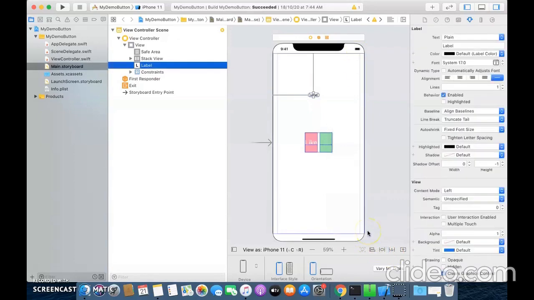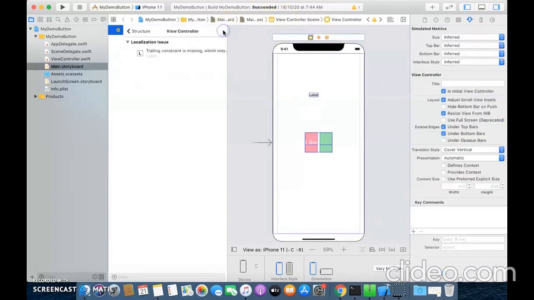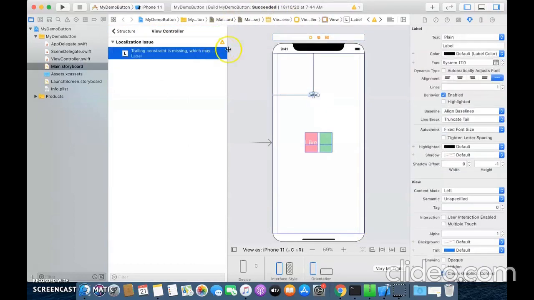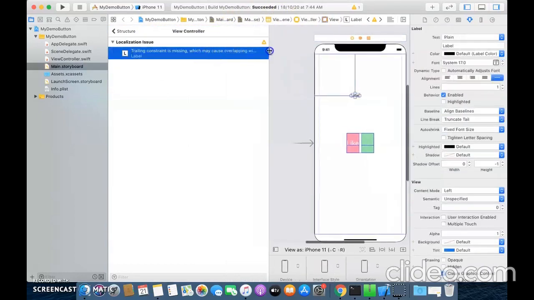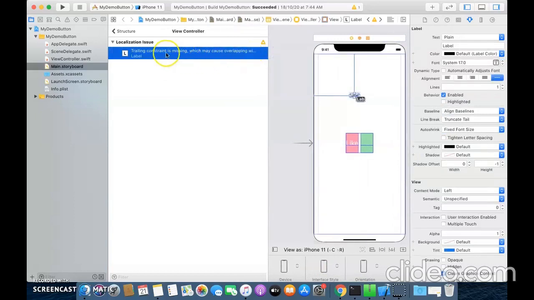Now see, you don't see an error. However, you can see a warning. The warning is saying that the trailing constraint is missing, which may cause overlapping. So it is a warning, and we will fix the warning without adding any constraint.